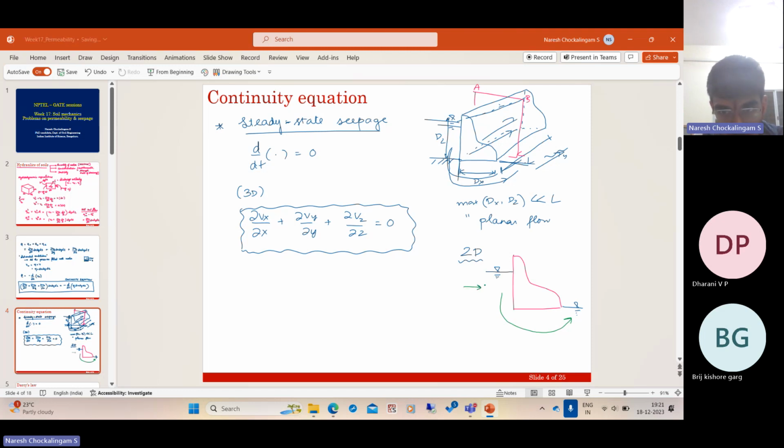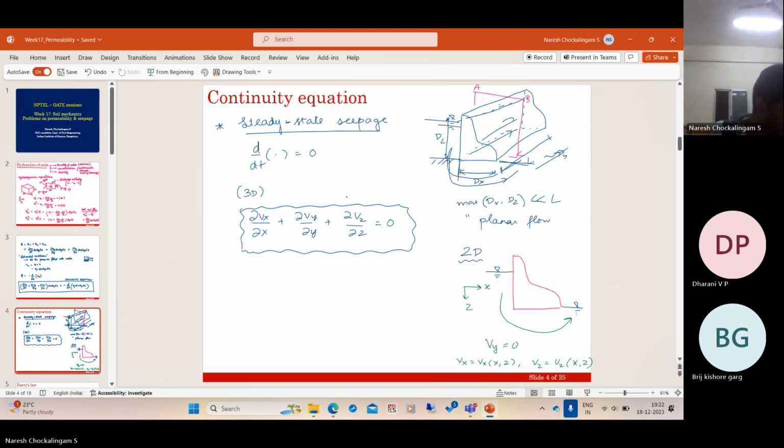So if you take this as X and this as Z, typically in soil mechanics, we take Z positive downwards. Then Vy is equal to 0. It is assumed there is no flow in and out of the plane of paper. And also you assume Vx is a function only of X and Z, and Vz is a function only of X and Z. So all Y derivatives vanish, and then we have the planar equation, which is